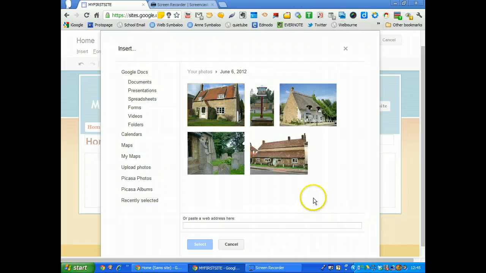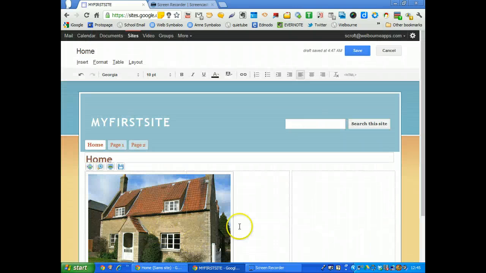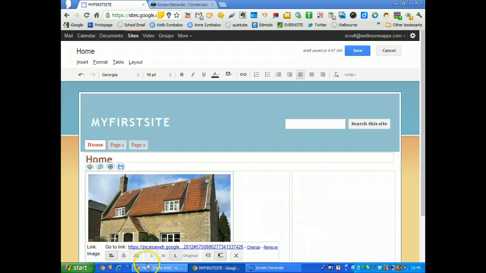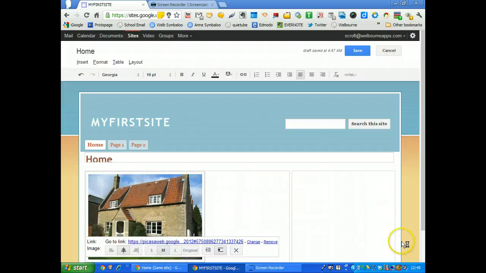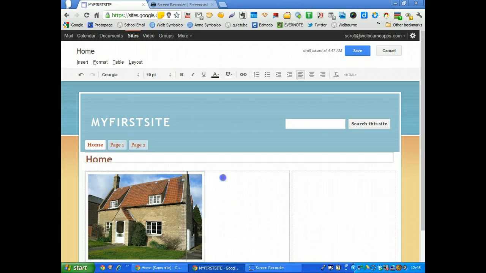I'm going to click that, and I've got a few pictures from the village. So I'm going to choose the first picture and select it. And that should go into my first column. And you've got the choice of centering it and then small, medium, large. I'm going to stick with medium because I'm going to get 3 along here. I'm going to click in the next box